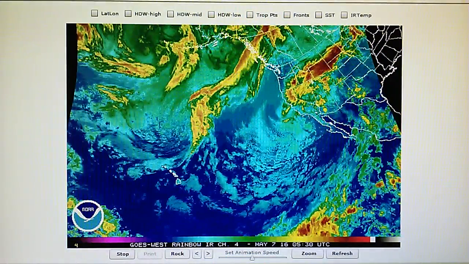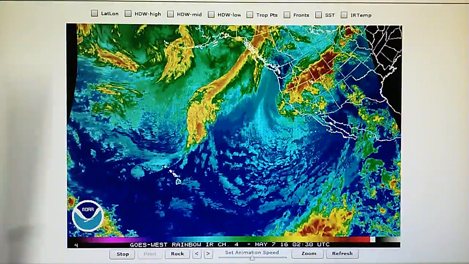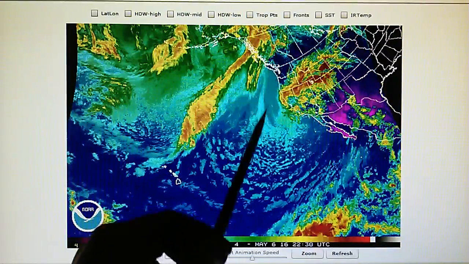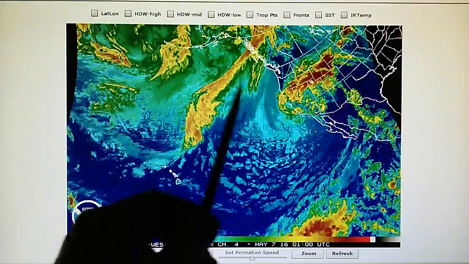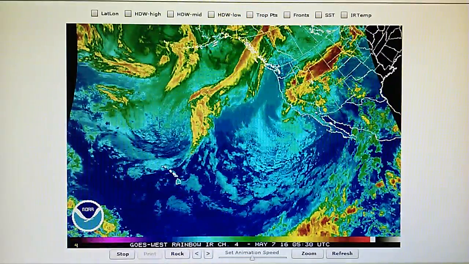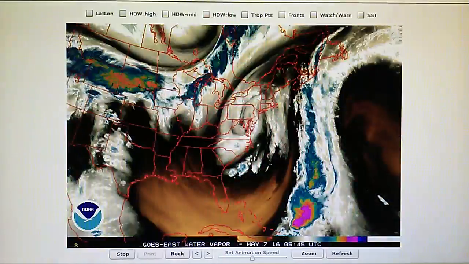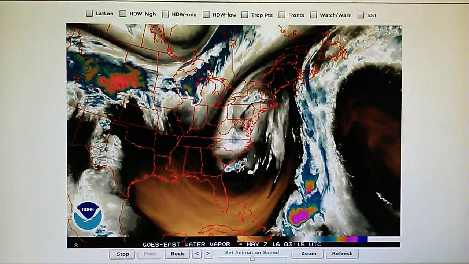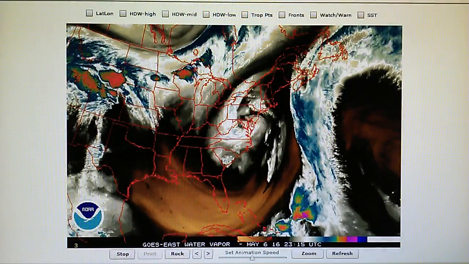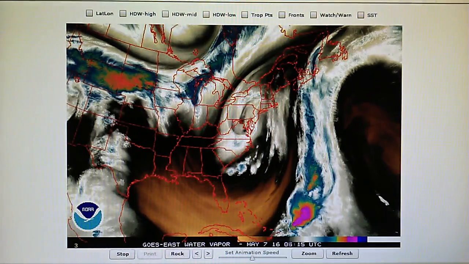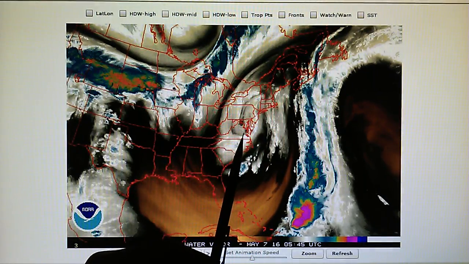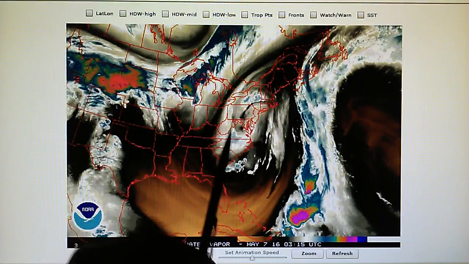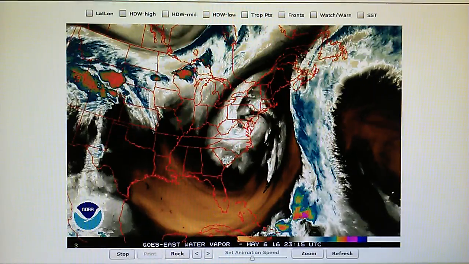So if we look at the infrared on this same map, we can see that they have quite a guard zone here, a fence built that's not going to let any of this moisture interact. All right, and there's the East Coast once again. So we have these two systems that are just stalled. This one is stalled right over the East Coast, Pennsylvania, Virginia area, just sitting there spinning, just much like what's going on here on the